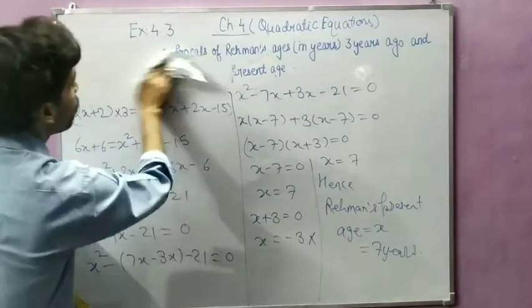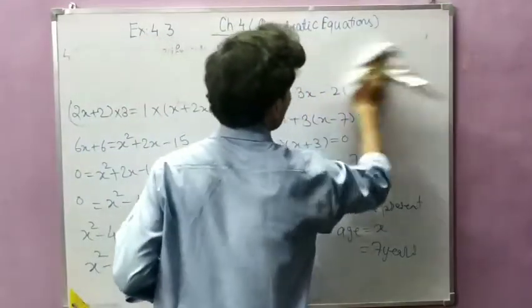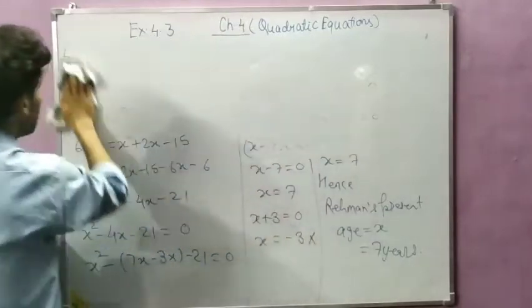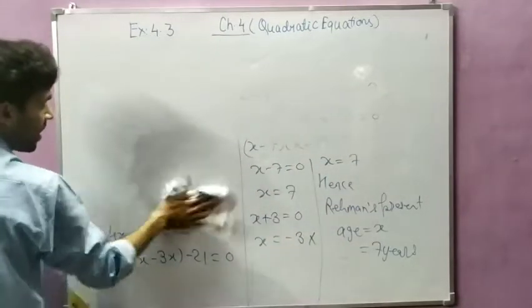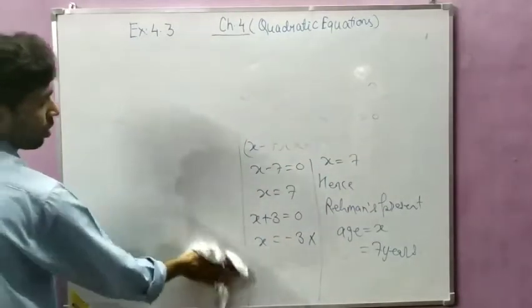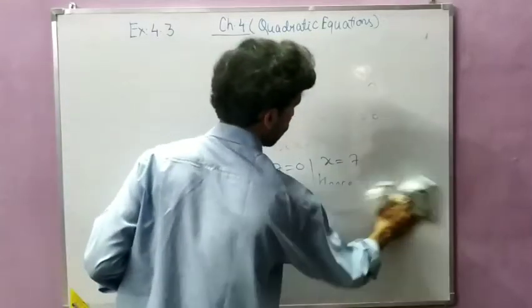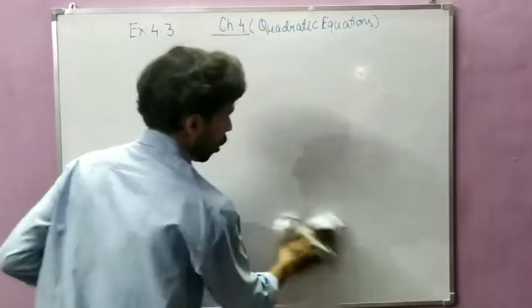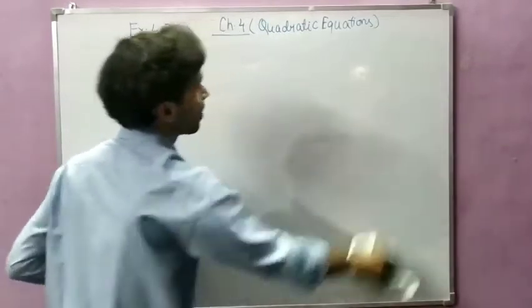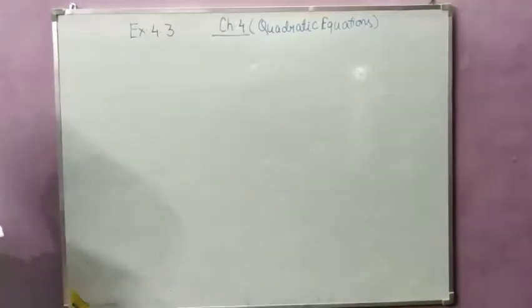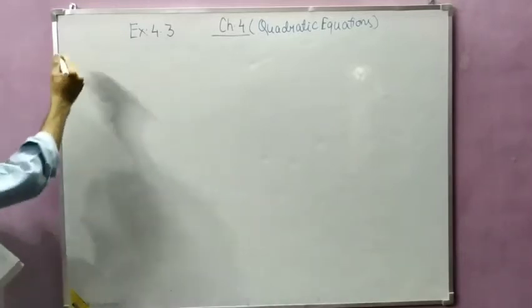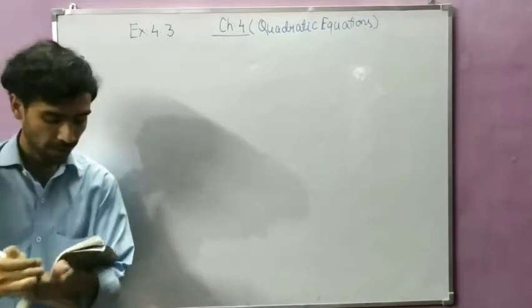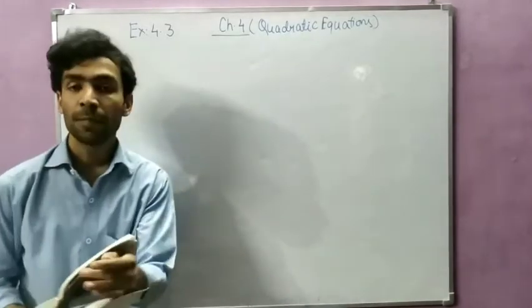Now we are going to solve question number 5. Question number 5 in alternate years always comes, student. Always. This type of question always comes. From this exercise, always a 4 marks question comes in the board examination. Always. So please solve all the questions properly. Now, question number 5. This I will not write because it is a big question.